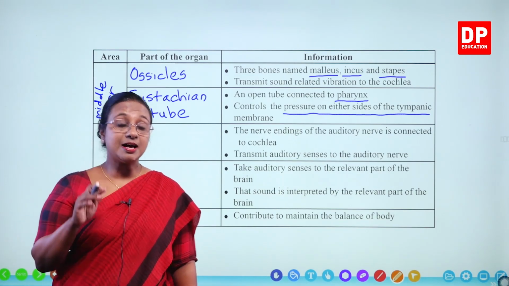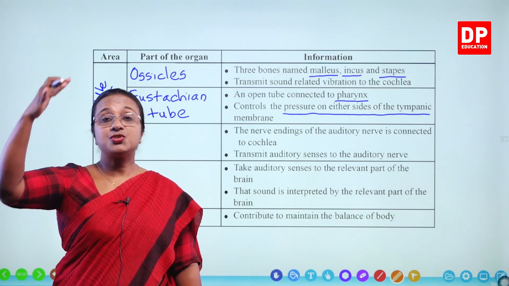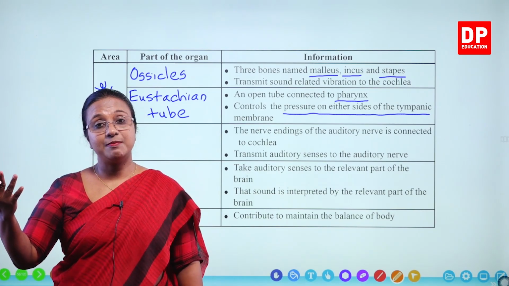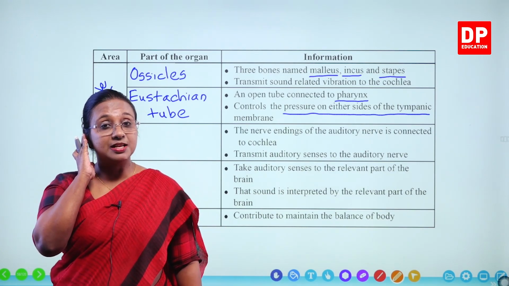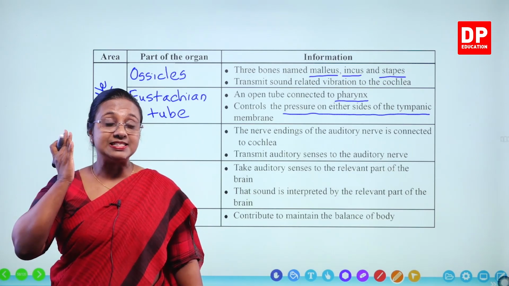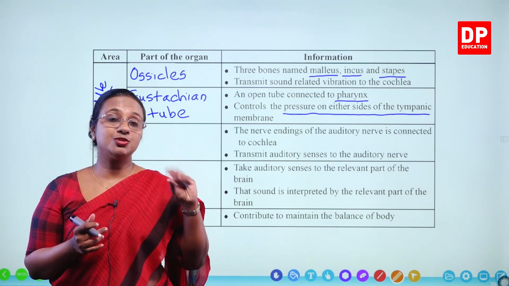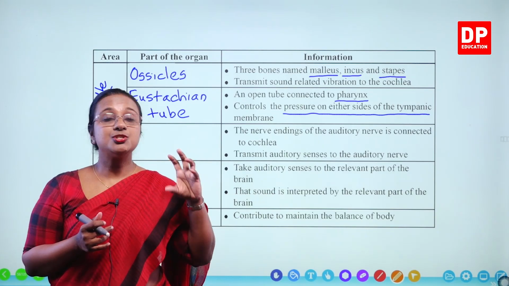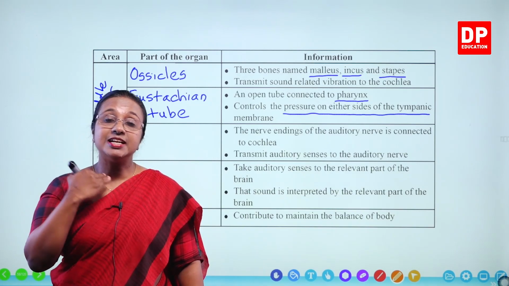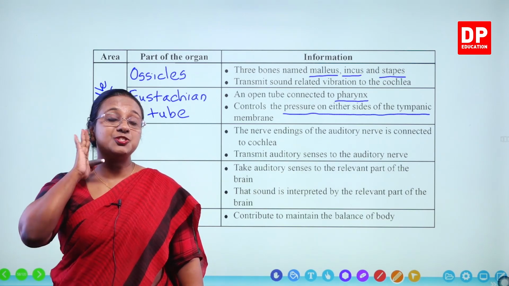Now, this is the reason sometimes for some people when they travel in an aeroplane, when the aeroplane either takes off or lands down, there is a difference in pressure in the external environment. Due to that, there is a difference in pressure inside the ear. Before the eustachian tube could balance it, you feel a pain. So, that is why they tell you to chew a chewing gum or do a motion like chewing something so that the pressure gets balanced. For that, the eustachian tube that is connected to the throat balances the pressure. So, if the pressure is not balanced, you get a pain.